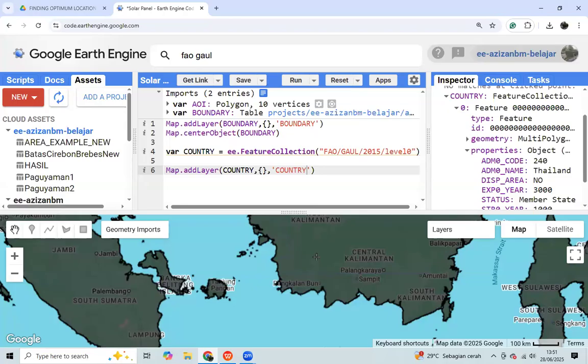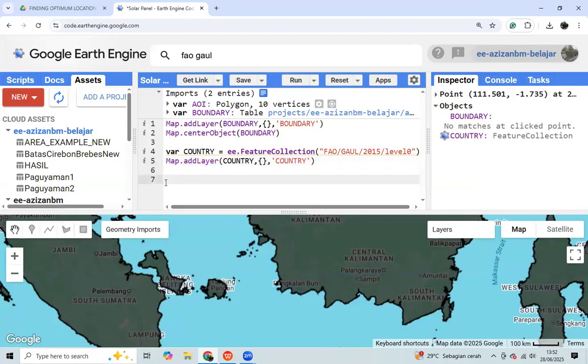We can specify it by creating a new variable, and then we filter it.